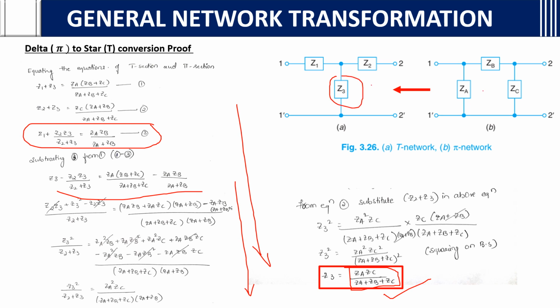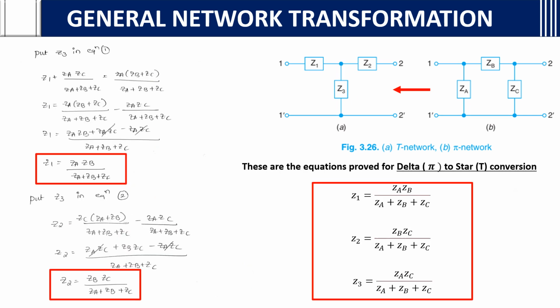We are converting delta to star network equations, so Z3 is the delta to star network equation. Z3 is represented by ZA ZC by ZA plus ZB plus ZC. To write it in the form of star, Z3 will be equal to the already given equations of delta. If you put them in, you get the star value Z3. In the same way,